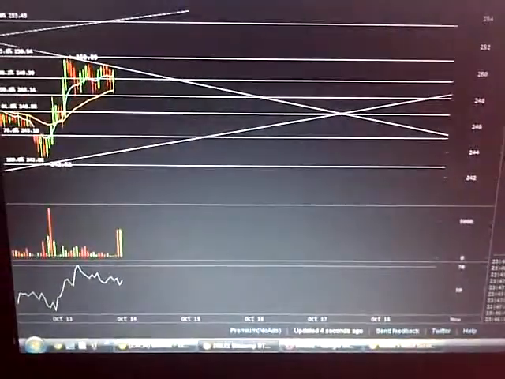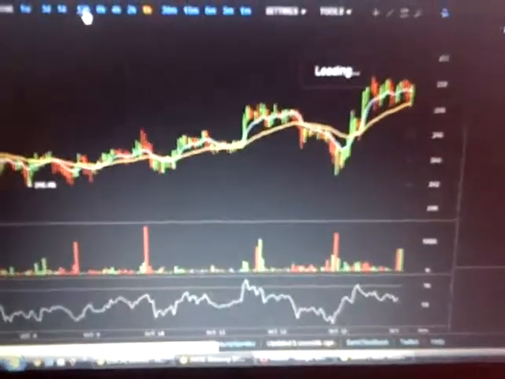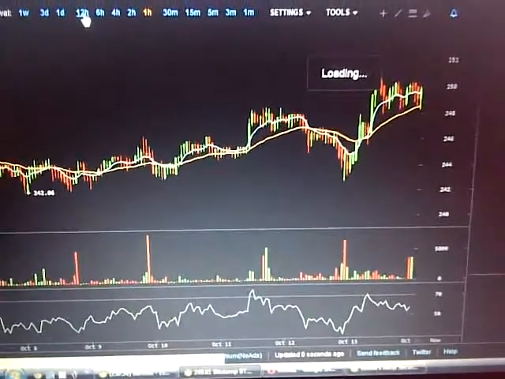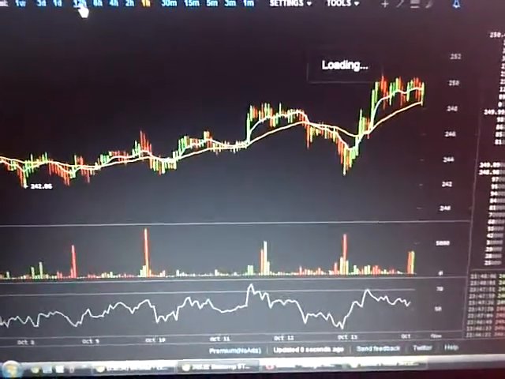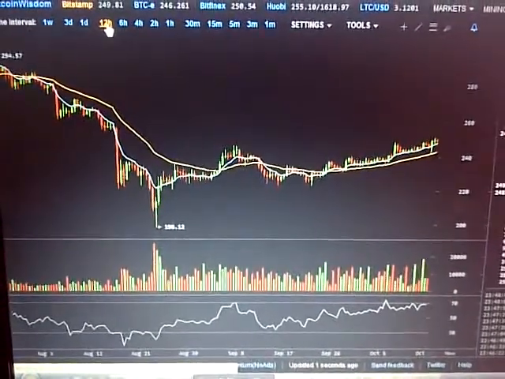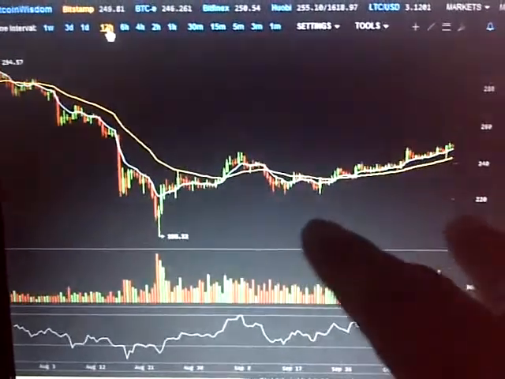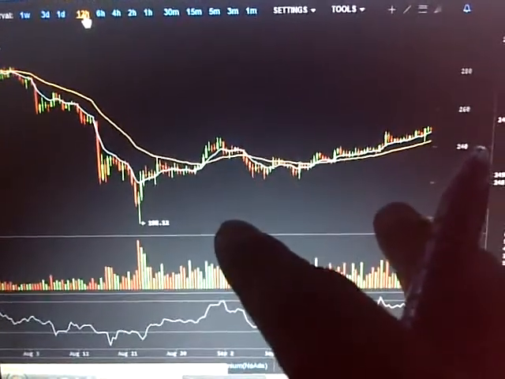I'll just open another one here. I'll pull back to a longer time frame to see what's really going on. And a longer time frame is like 12 hours or 1 day, 3 day, something like that. So always look at the longer time frame to get a sense of